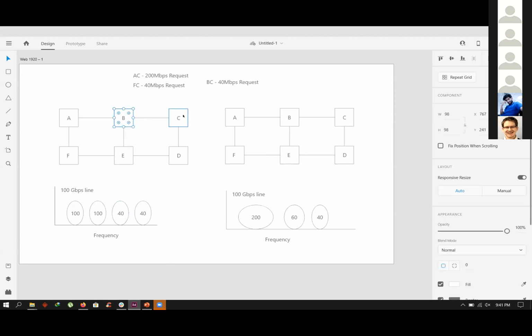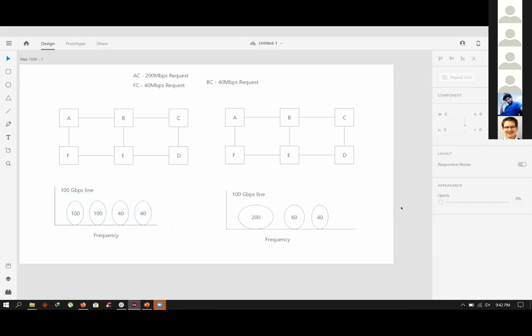Same goes with B to C also. It is using the same 100 Gbps line, and it is also sending the same 40 Gbps data, which results in loss of bandwidth. They are not utilizing the complete bandwidth, and we cannot send data from D to E because it's already filled with F, A, B, and C. So to overcome this, we introduce a technique called flexible grid